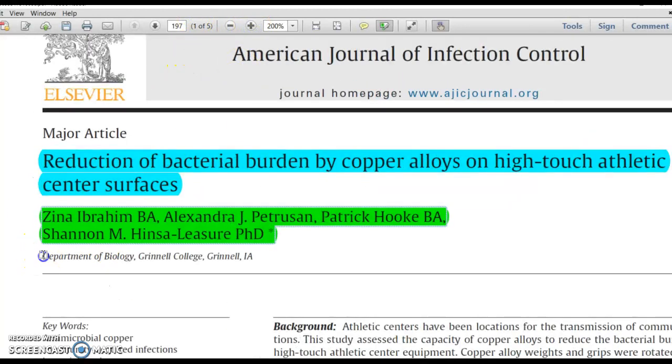And then notice we also have down here an institution, so the Department of Biology for Grinnell College in Grinnell, Iowa. So these people are our neighbors from Iowa. This is telling you where this research actually took place, where these people did their work. And then